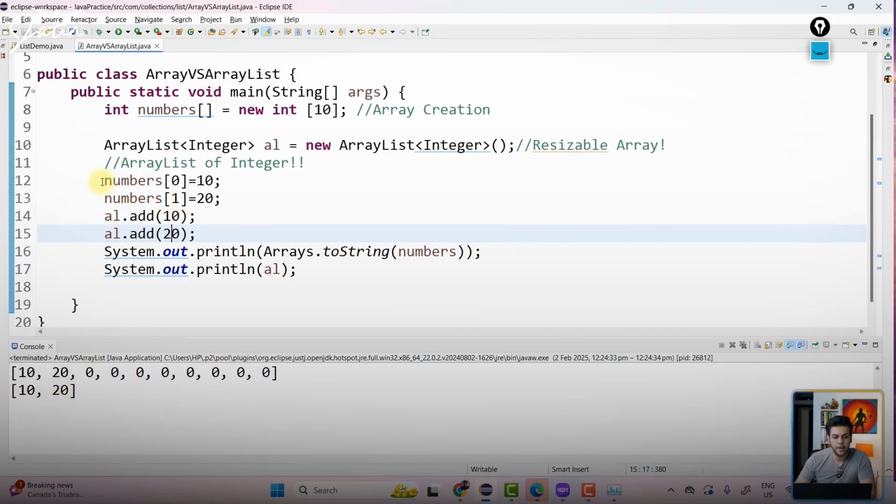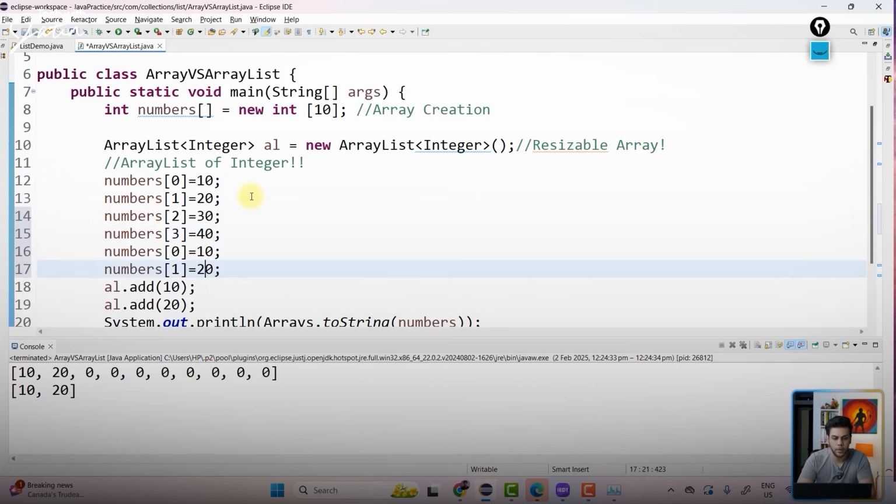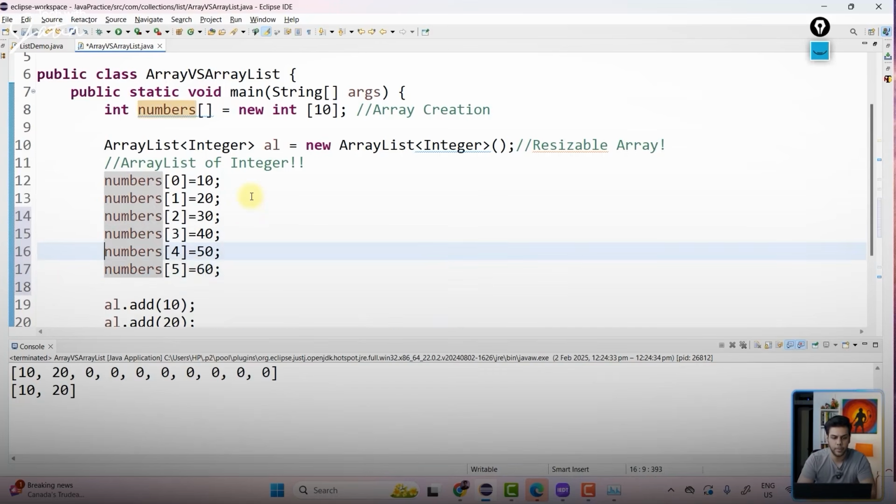Now let's add and complete the entire array. So this is going to be your second index, third index. This is going to be 30, 40. All right. This is going to be the fourth index. This is going to be the fifth index. This is 5, 6.